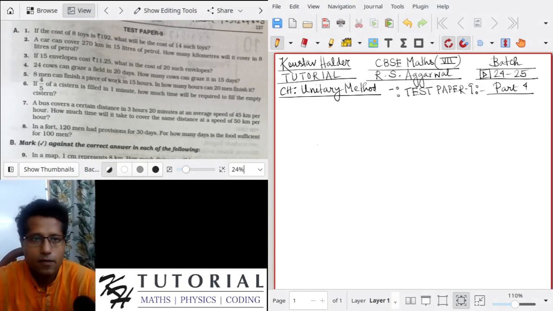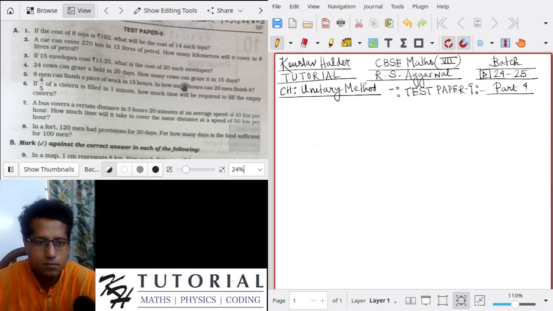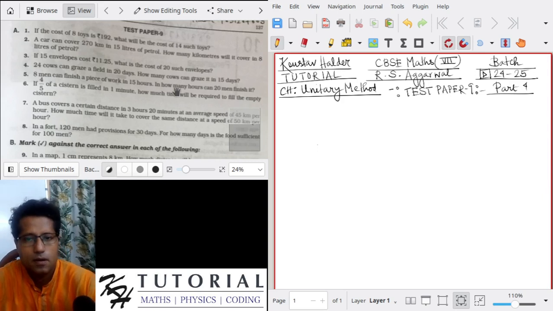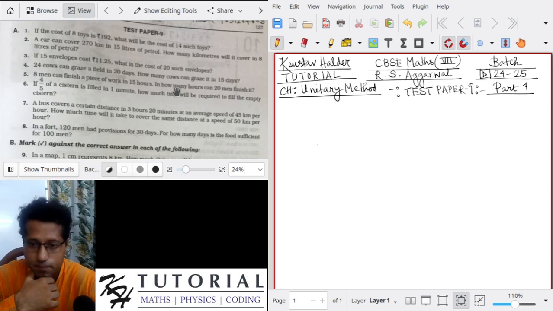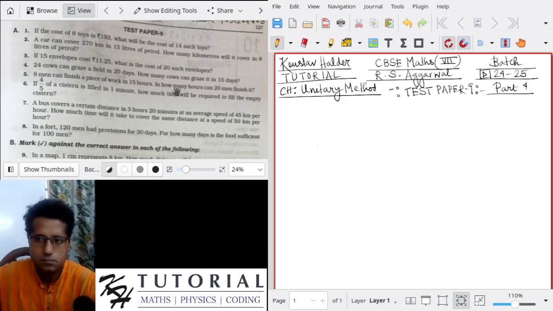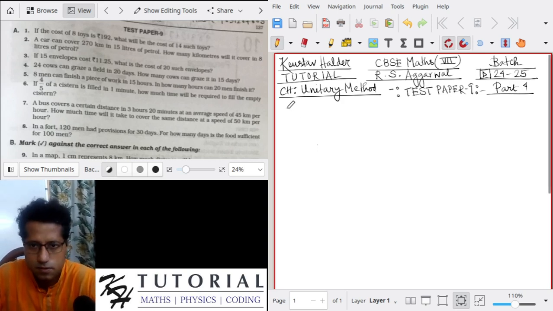Okay, so I have the test paper 9 on the left hand side. I hope you can see the font. The font is big enough and you can read it. And on the right hand side, I have the writing pad where I will solve the problems. Okay, so let's start solving the problem. The first is section A. And the problem number 1 says, if the cost of 8 toys is rupees 192, what will be the cost